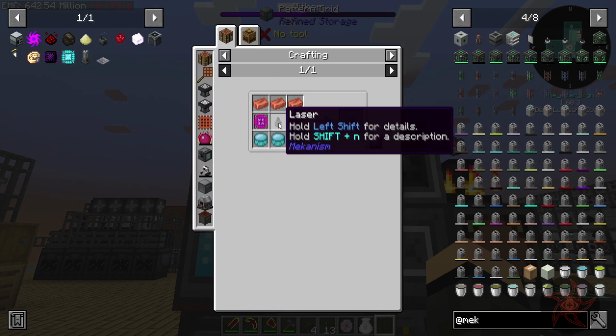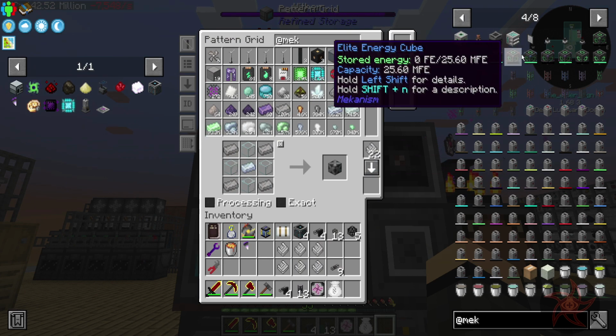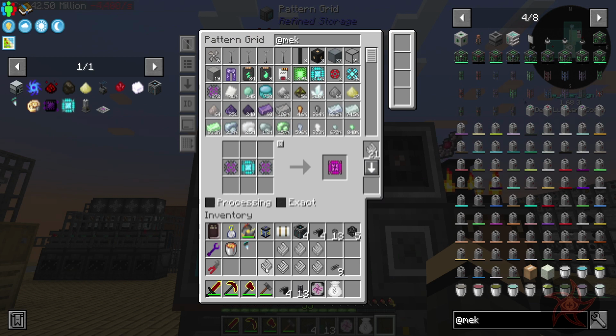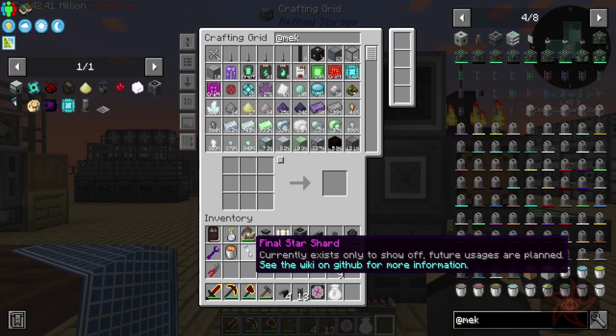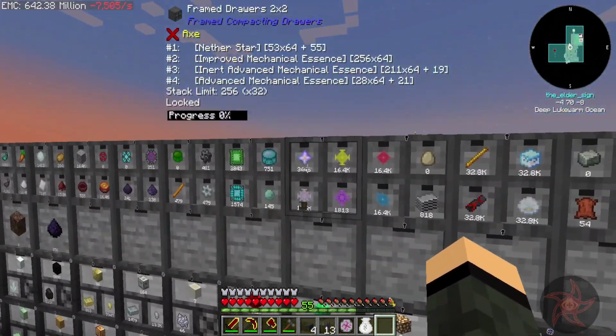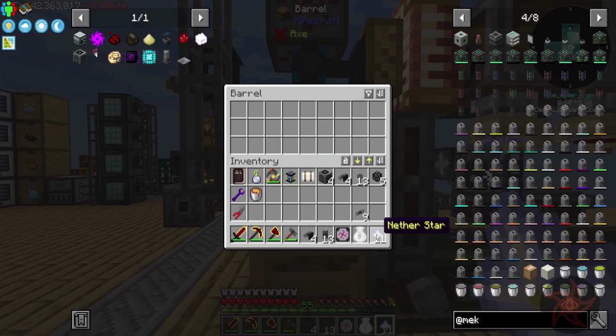Let's see. Steel casing. Ultimate control circuit. Elite control circuit. Advanced control circuit. There we go. But we have ourselves 1 final star shard. And so what I can do now